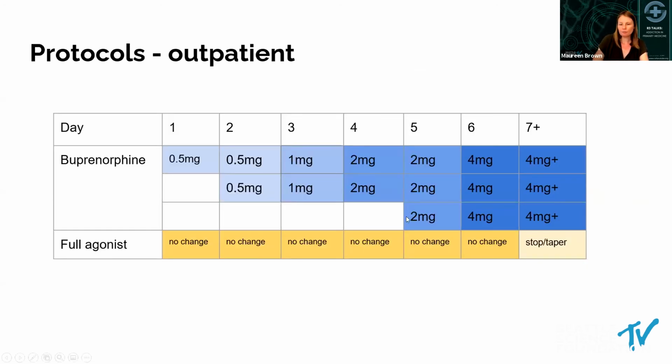There is some variability in the various protocols about when exactly the full agonist opioids are stopped. Some advocate for stopping completely at day 7. Others advocate for something like a 25% taper each week following reaching that maintenance dose of buprenorphine. But the takeaway is just that there are many paradigms that have been shown to be effective for patients. And so the most important piece is the underlying principle rather than the exact specifics.